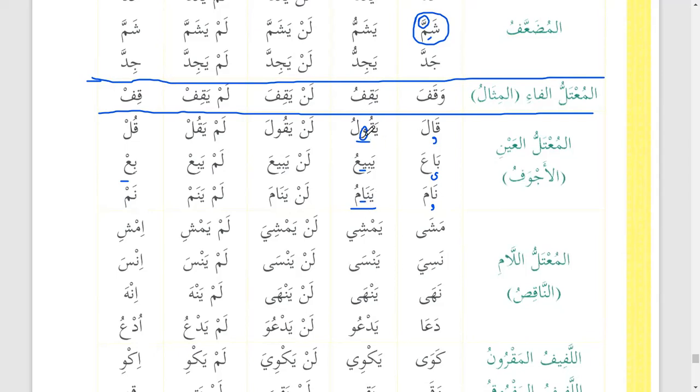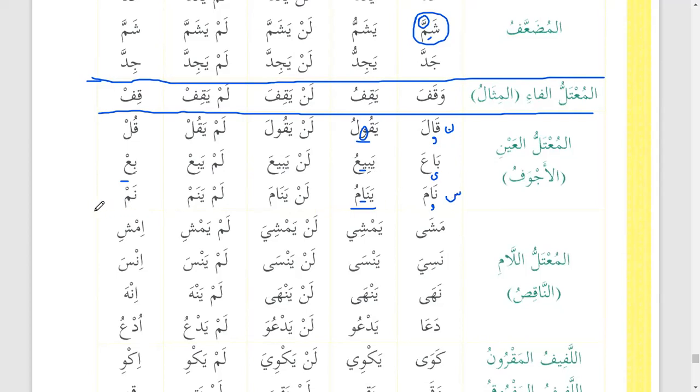So when you see waw over there, you straight away know that this is bab nasara yansuru. And if you don't see waw over there, if you see alif over there, then you can figure out that this is from bab samia yasma'u. Because if it has ya over there, it's easy to figure out because ya will come back. But if we don't see ya over there, and if we don't see waw over there, that means it has waw as a root letter. However, it is not from nasara yansuru, it is from samia yasma'u. Okay, excellent.